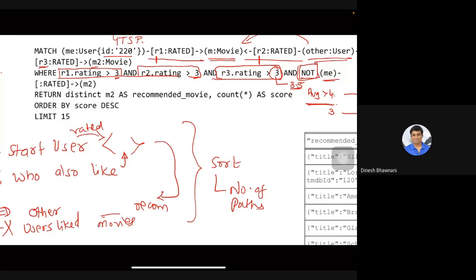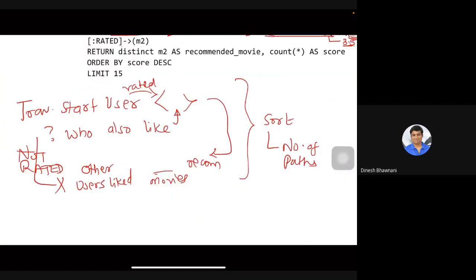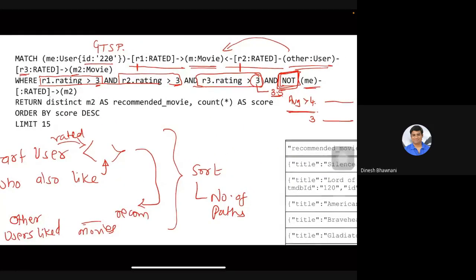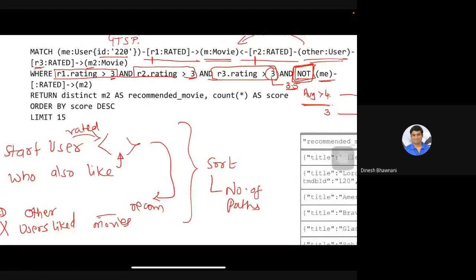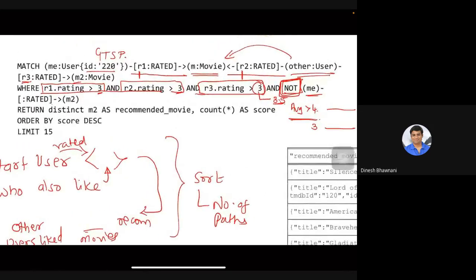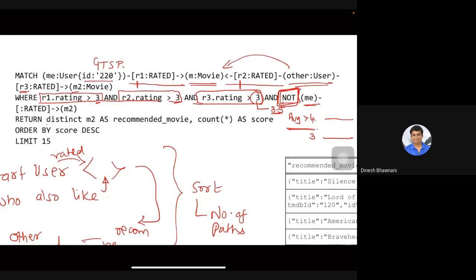A very important thing: remember, we are trying to figure out things that this fellow doesn't know he can like. So and not me. Then return. Then what? So this is kind of like a constraint. You can set this constraint. So return distinct M2